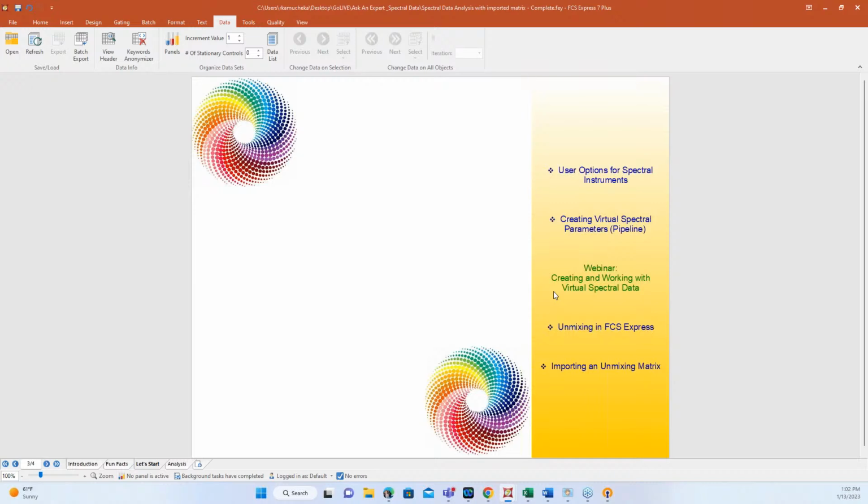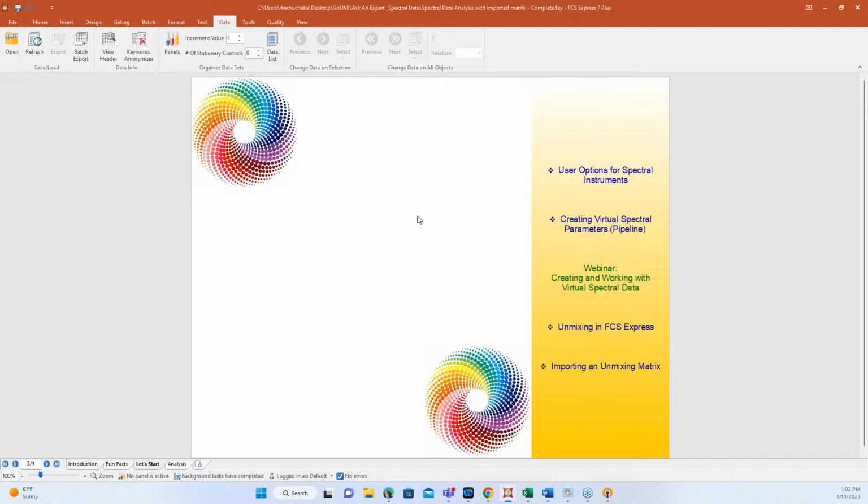Absolutely. So if you're just seeing your scatter parameters, forward scatter and side scatter with a Cytek data file, that's a raw data file, you know it's likely that box. Just uncheck that box and then refresh your data. On the data tab, there is this option to refresh. This is probably one of my favorite new implementations in 7, that we have the ability to just refresh our data. It will reload it and make sure that you can then see all of those channels.